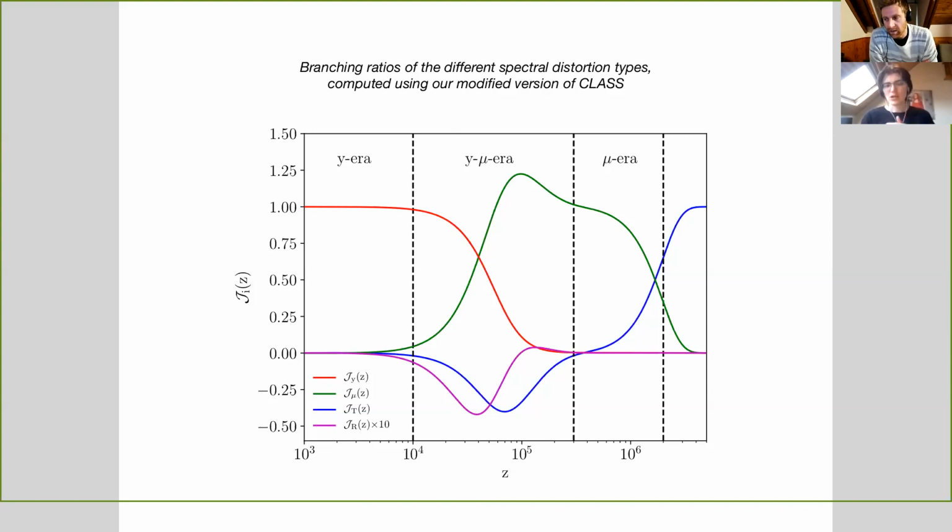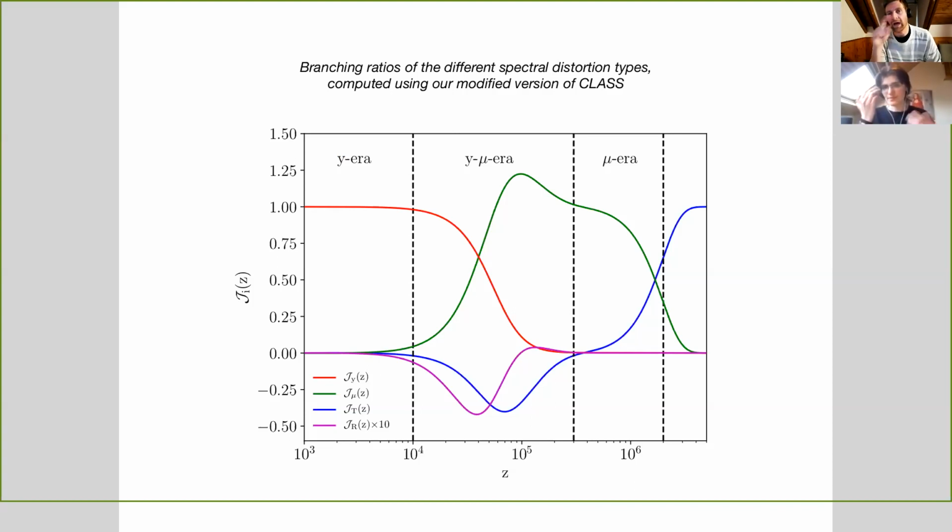Okay. So you can see very close to recombination, on the left of the plots, the only one you have is this y distortion. Everything else is no longer significant. So at that point, the y distortion accounts for 100% of spectral distortions. Okay. And if the y distortion became 100% bigger, it would still be 1, because it's bigger, but it's still only from the y distortion. I get it. Exactly. It's like the sum of the individual contributions. So this should always add up to the total, which is normalized to 1.